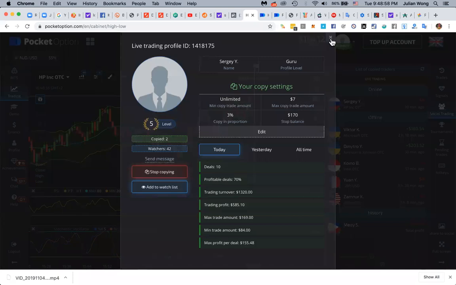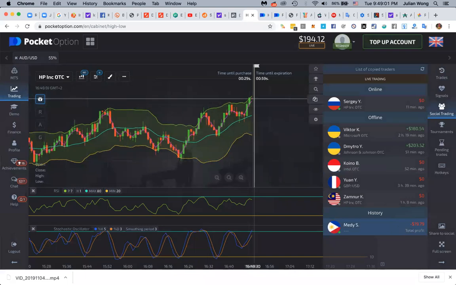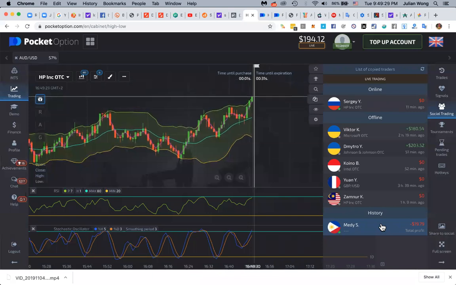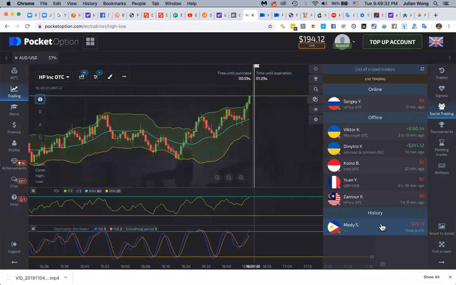I know that some people trade well when the market payouts are good, but they are also tradeaholics. When the payouts suck, they still keep trading. For those people, you stop copying them when the OTC market is on, and then start copying them again when the market restores. Let's say London to New York after lunch, I manually turn on, and after that I manually turn off. These are a couple of ways that you can do, and this will help you perform a lot better in your copy trading and profit option.